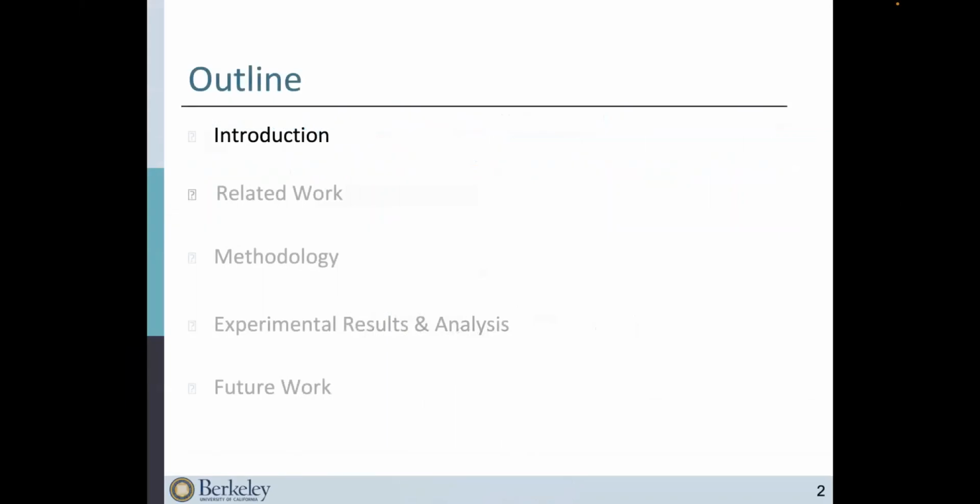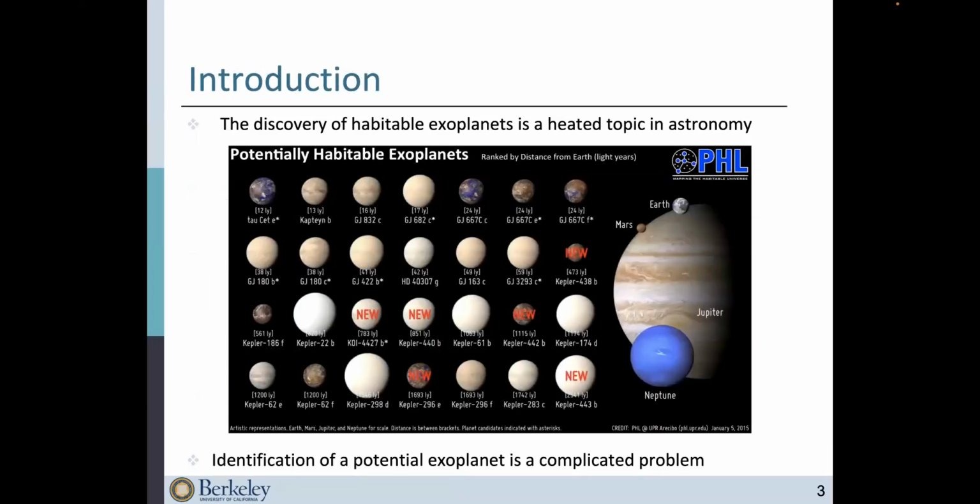And first, let me give an introduction of the problem space. The discovery of habitable exoplanets is a hot topic in astronomy. Exoplanets are planets that are outside the solar system. So identification of a potential habitable exoplanet is a complicated problem, and in this study, we use some machine learning methods to do this